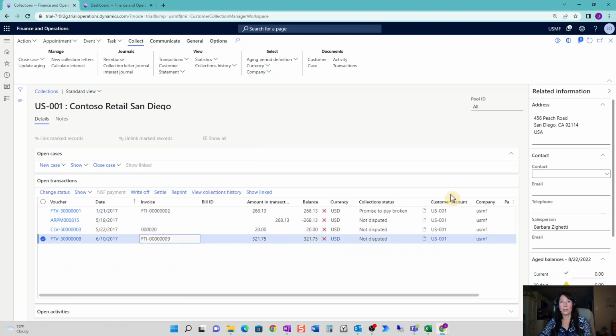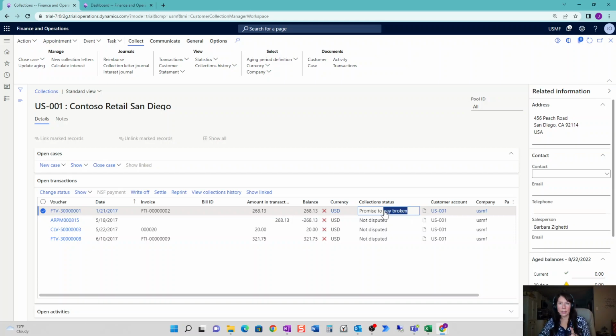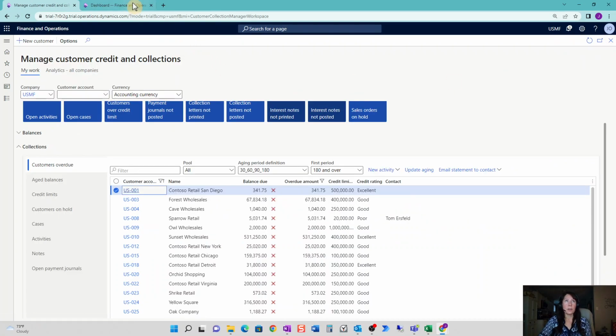Okay, let's jump into setup. One more thing on the collection status. If this is in a dispute status, the system will not send an email to your customer. But if it is promised to pay broken, it will send a notification to your customer. So that's good. That's all really good configuration. Okay, so let's leave this open. Let's jump into your setup,